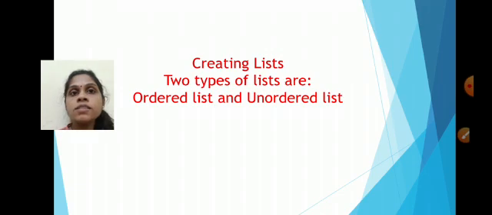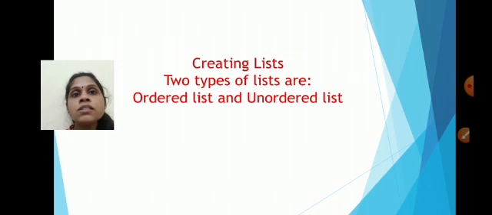See, ordered list means anything if you are keeping orderly, for example 1 2 3 4 5 6 like this. It is an order: A B C D, Roman 1 2 3 4, small a b c d, capital A B C D, all these are in order form. We can't write B C A D anything, so that's why things which are coming in an order are known as ordered form, ordered list.